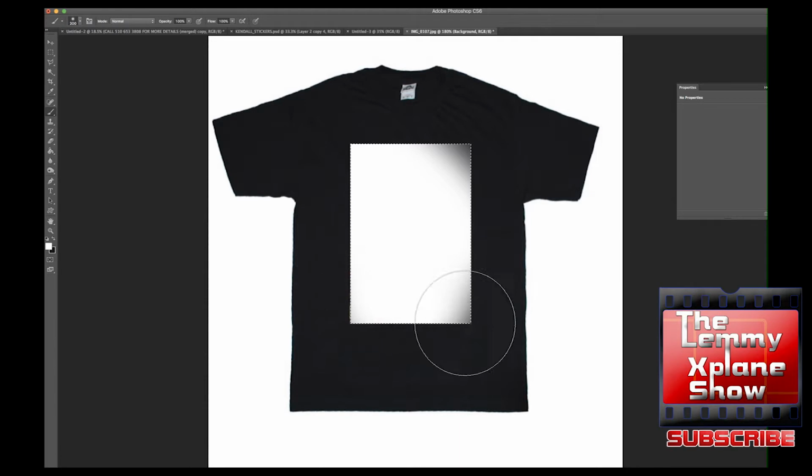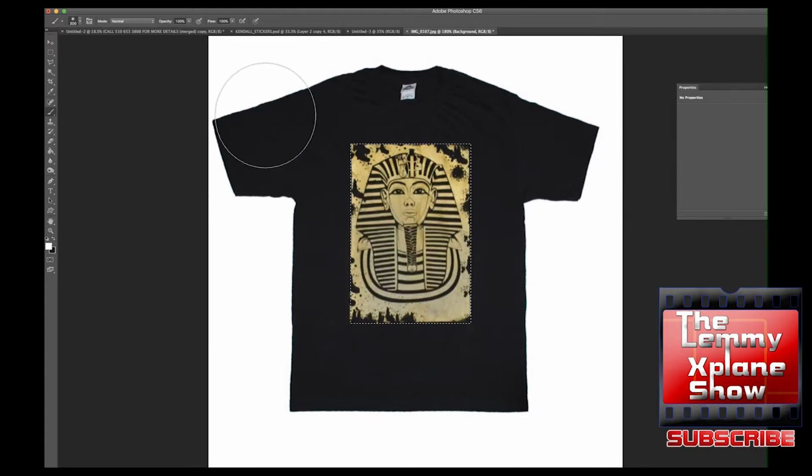And as you can see, the only action is happening within the marching ants. Even if I scrub anywhere else within the design, nothing will happen. All right, so that's the advantage of that. Besides selecting and cutting out an area, you can also use it as a tool to protect other areas so you can work in a specific area. So that being said, I will